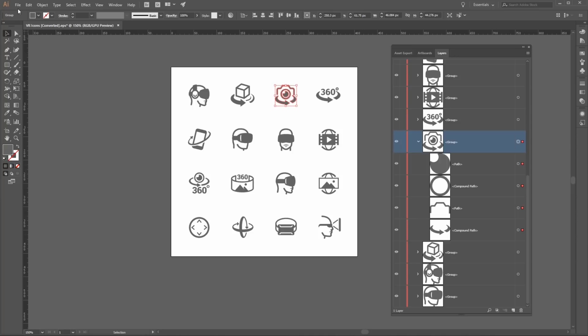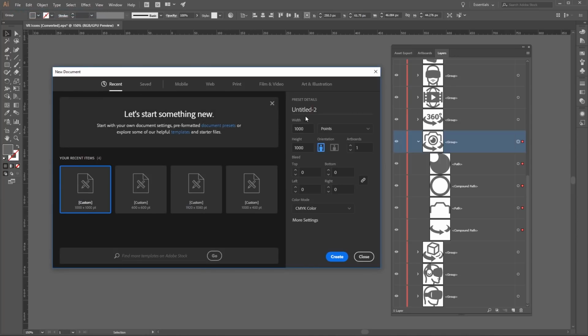So what I'm going to do is come up here to File and select New. It's going to allow us to create our own new document to place that icon on. Now, the settings that I typically use is just a 1000 by 1000 pixel document. You can feel free to set this to whatever you want, 1920 by 1080, but it's